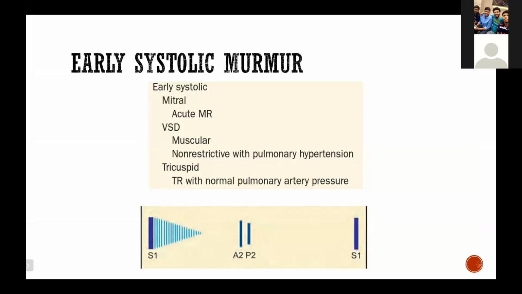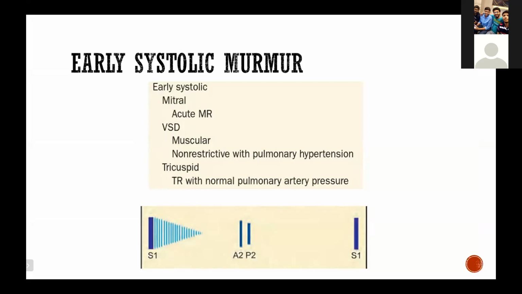So an early systolic murmur is a murmur which begins with S1 and will end well before S2. The causes of an early systolic murmur are acute severe forms of MR and TR. We know that in chronic MR and TR, you actually have a pansystolic murmur. But why is it that in acute MR, the murmur is present only in the initial part of systole and